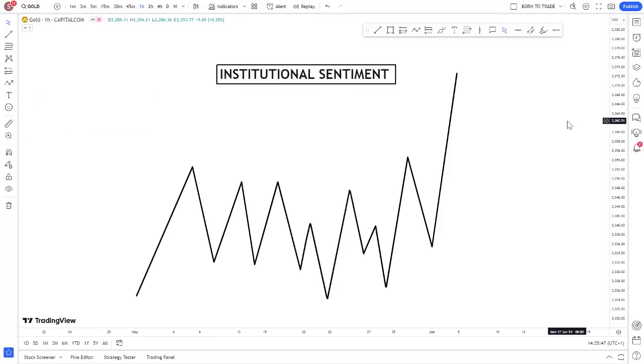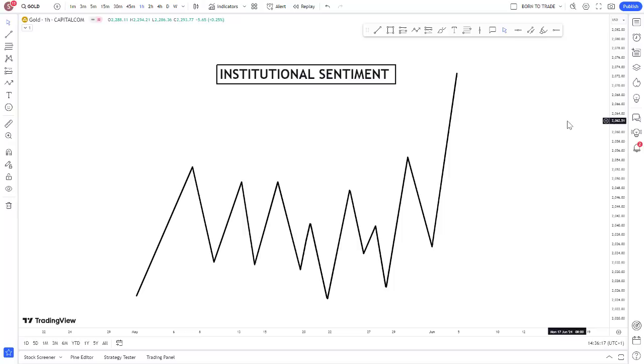We have to understand that institutional flow refers to the collective behavior of large institutional traders such as the hedge funds, banks and investment firms. These entities have significant resources and advanced analytics and experienced traders, allowing them to influence the market trend and prices. Now, since they influence these market trends, we try to follow their footprints to make informed trading decisions in the market.